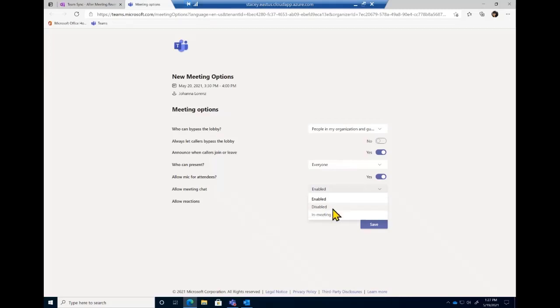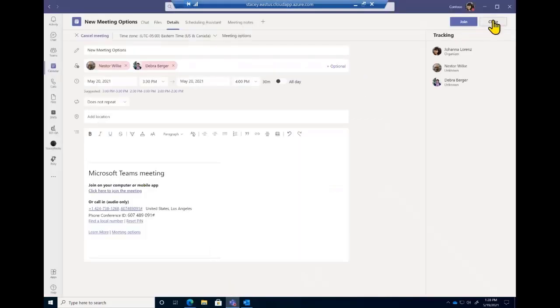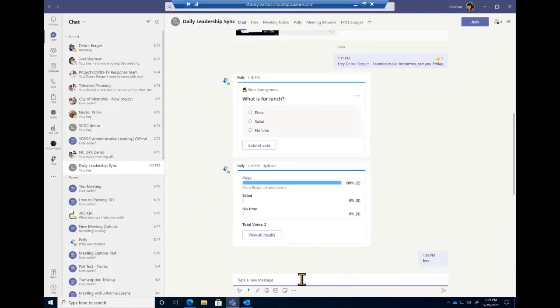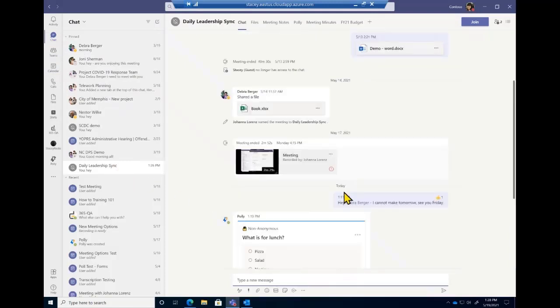If you choose disable, then in the meeting where that normal chat bar is, it will be there, but it will be grayed out, so you have no option to send any messages. And if you choose in-meeting only, you can freely chat during your meeting, but after the meeting is over and you are back in the chat section here, you would still see the chat and have the history.